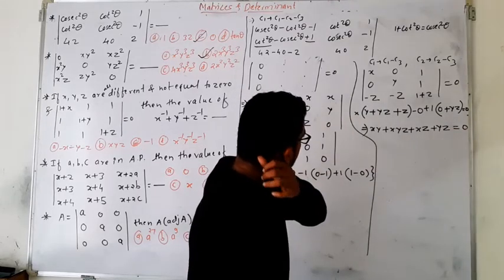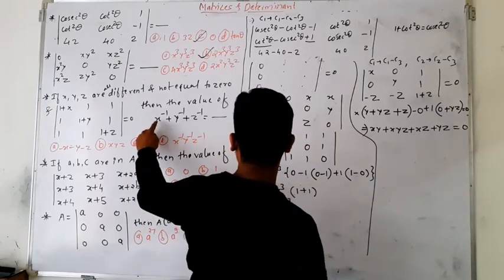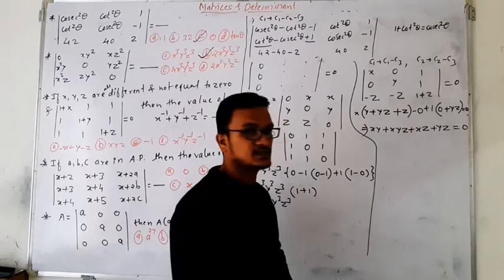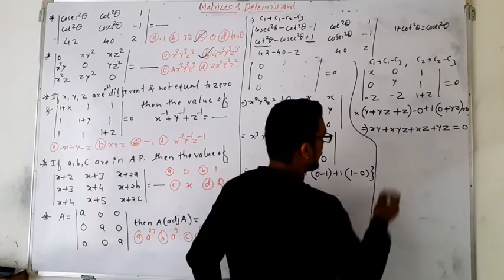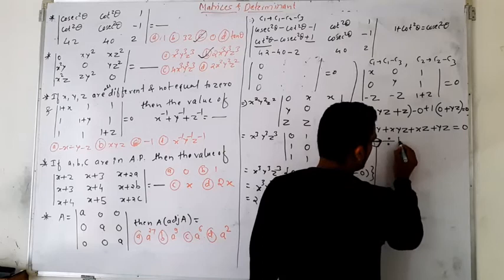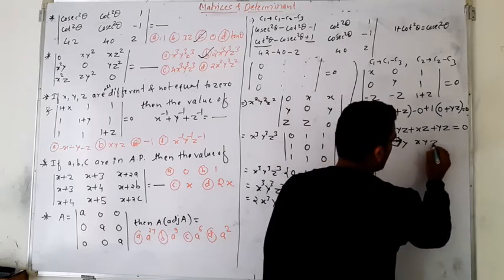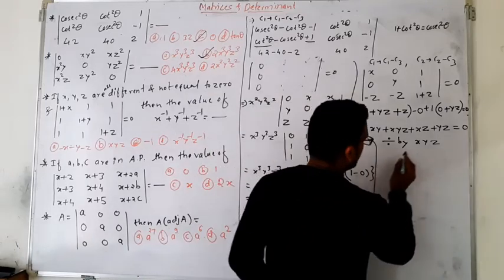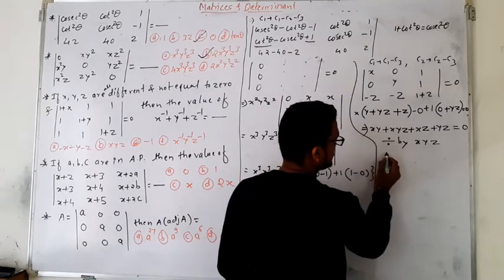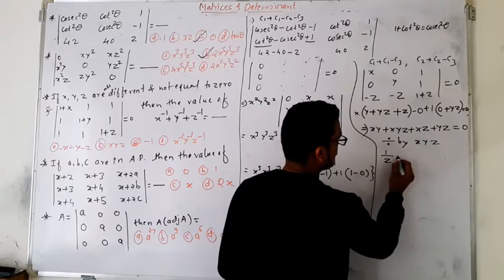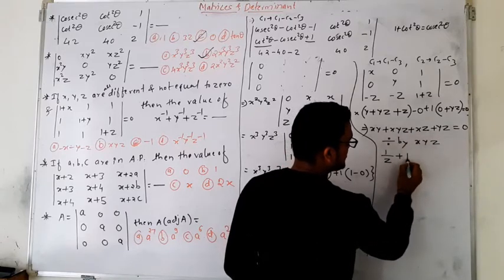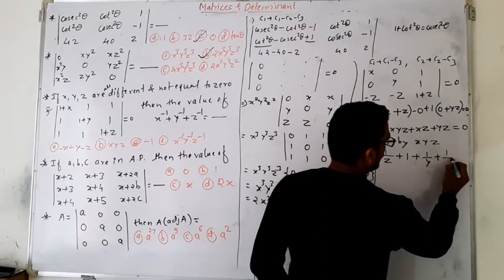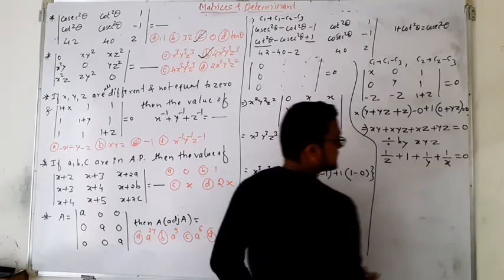Okay, now we have to find the value of x inverse plus y inverse plus z inverse. If you see here, we don't have such terms in this expression. What I will do is divide both sides by xyz. So what do we get? If I divide by xyz here, we are left with 1 by z, plus xyz upon xyz is 1, plus 1 by y plus 1 by x, which is equal to 0.